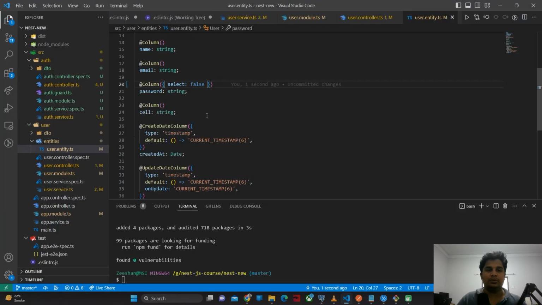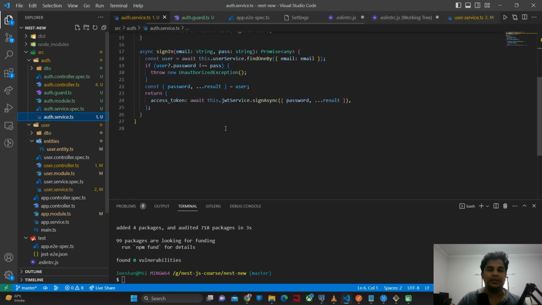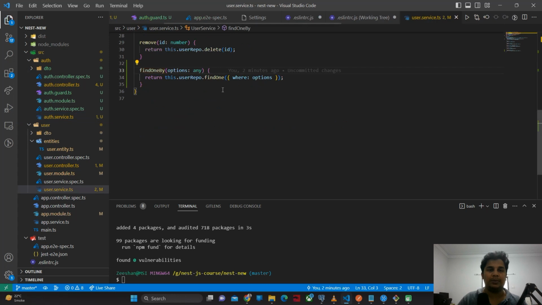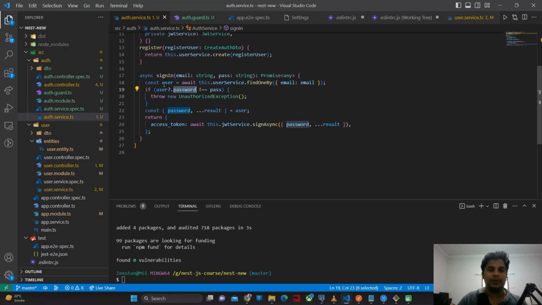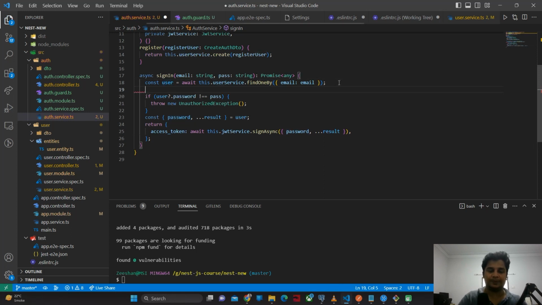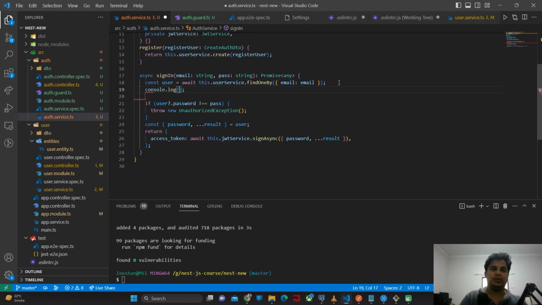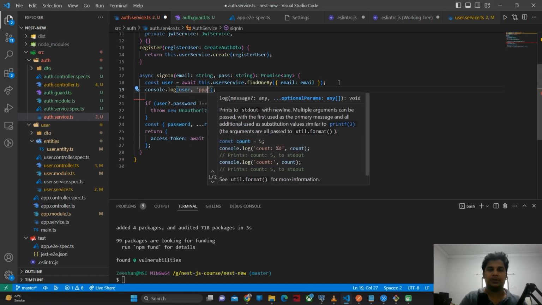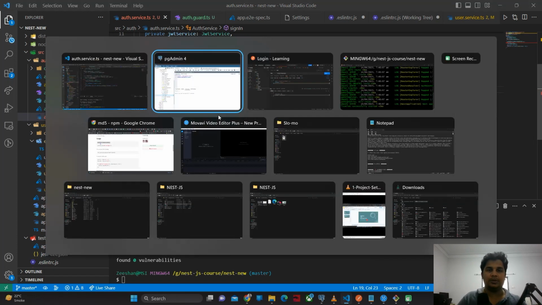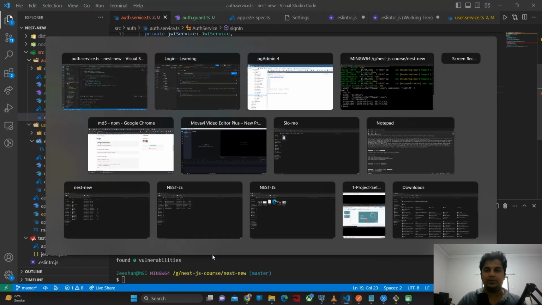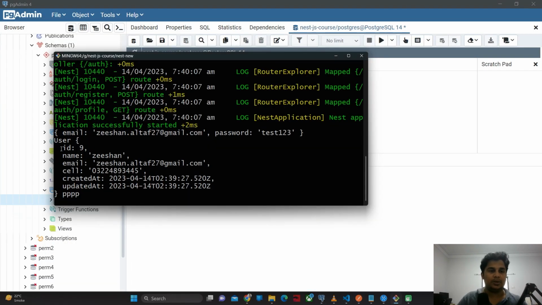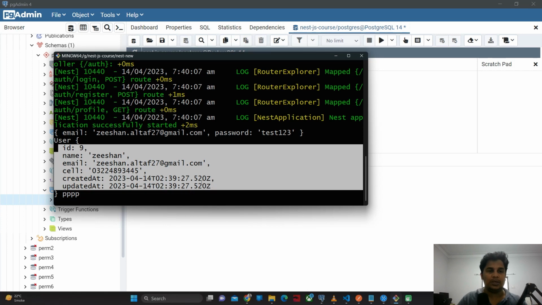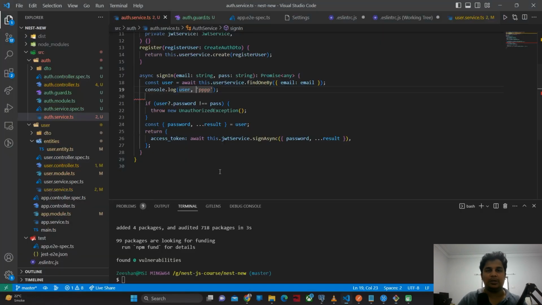Because when you keep select false and then you try to get it within this sign in service with find one by, it won't return it there also, and you will not be able to get this password here. So just to verify things, I will write down user here, just copy paste, and when we run the login, as you see, inside this object we are not getting the password. Why? Because we restricted it from being selected automatically. So what we will do here,